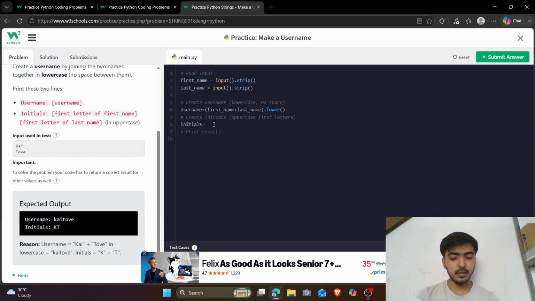For initials we can use first name index 0 dot upper, and we can put it like this plus